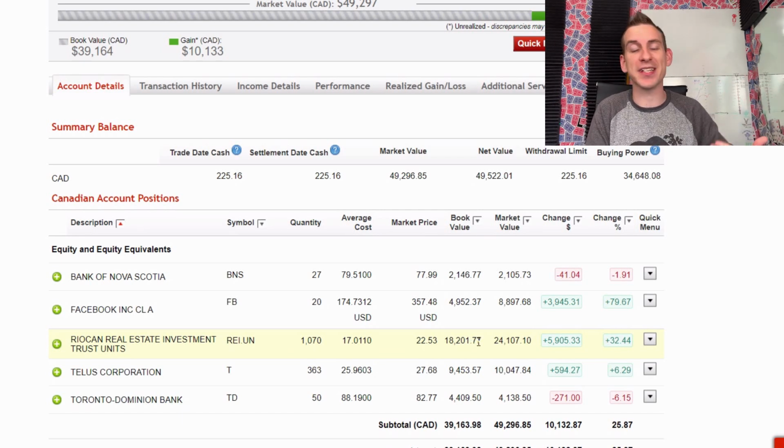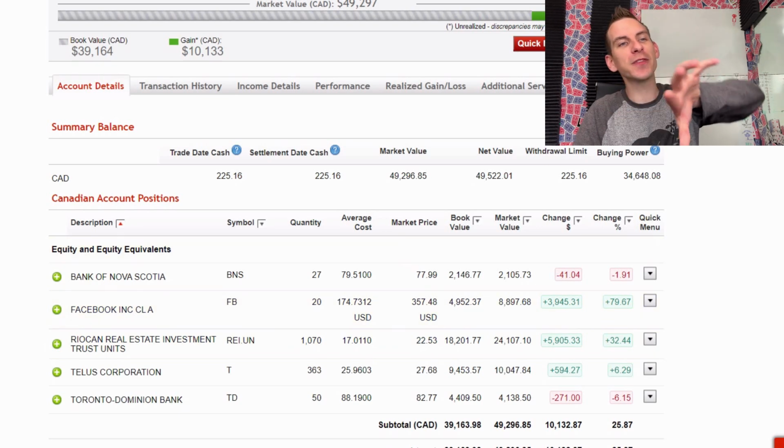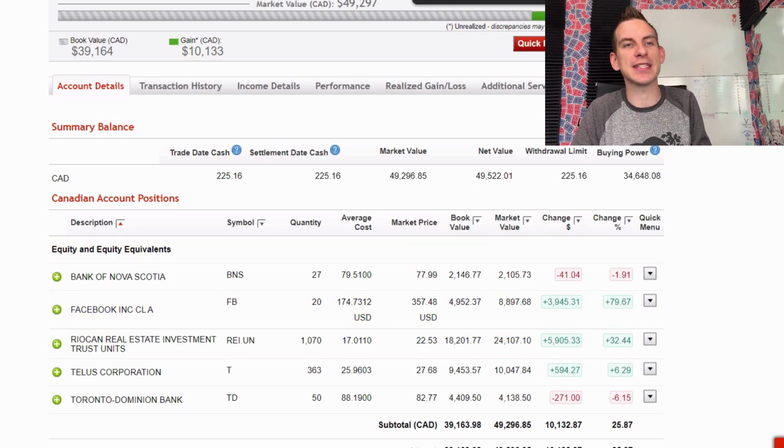I was joking about this yesterday, is that when you have no money, owning 1 or 2 stocks isn't a big deal. When you have a lot of money, owning 1 or 2 stocks becomes a huge risk because those positions could technically ruin your life. And if, let's say, RioCan, for God knows what reason, just drops in half again, that would severely hinder my portfolio growth overall. But let's put that aside real quick and let's talk about some of these tech earnings, kicking it off